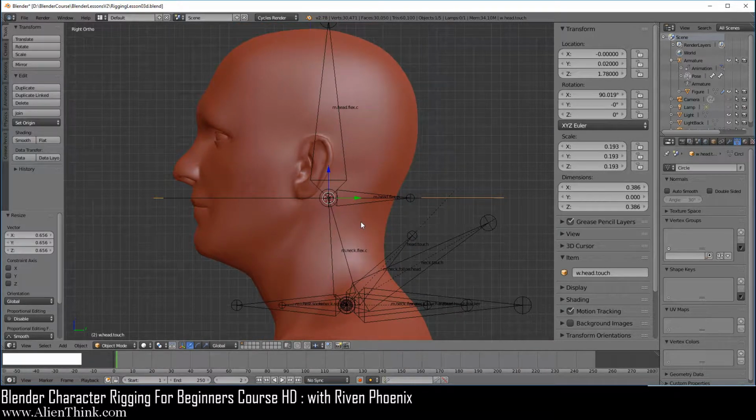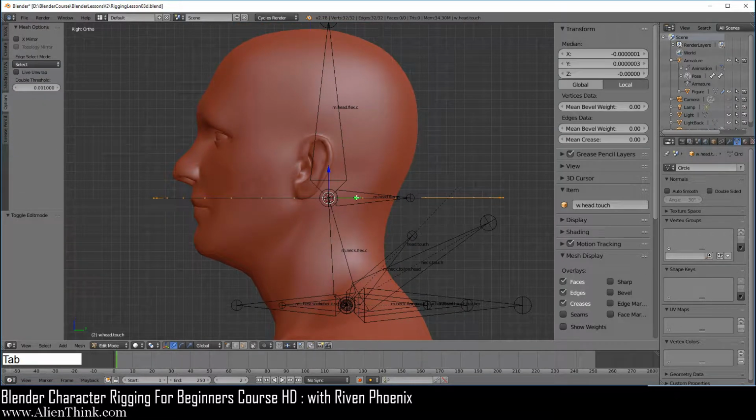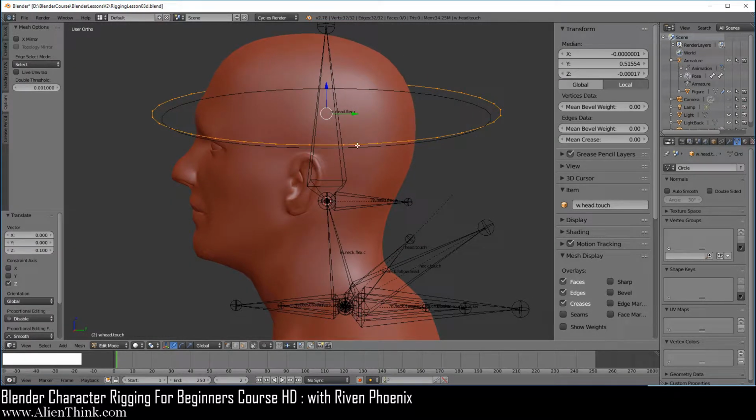Now notice that over here, when we press the tab key to go into edit mode on this circle, we can click on this blue arrow and move this over here. So when we move this over here, the bone shape itself is going to move, right? Because it's seeing that the origin point is over here, right? Really, the way this is working, the origin point is really still over here, right? That's all we're doing. So that's really it.